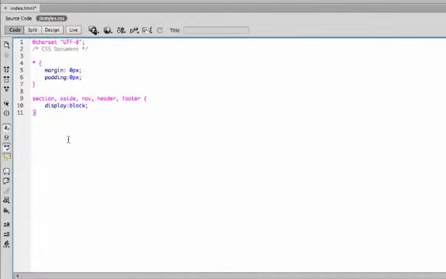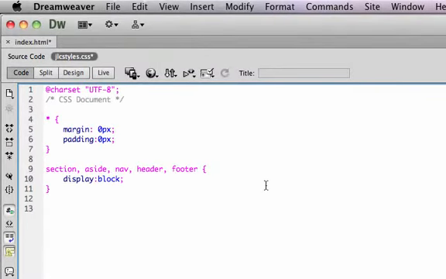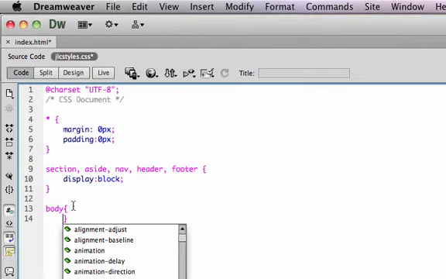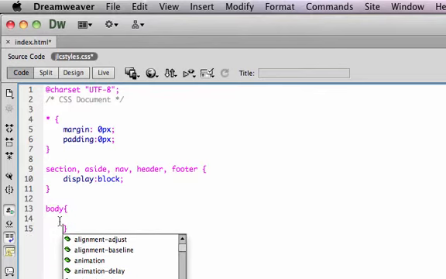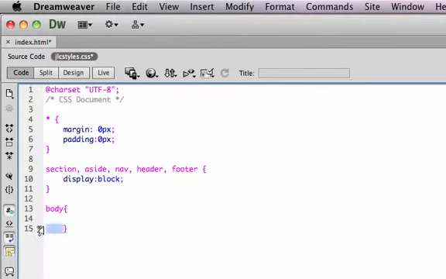And we can put one for HTML that adjusts the background color of the page. For now, I'm going to leave it at white. But what I am going to put in here is some things for body. And I'm going to start it off by identifying the body element and putting my open and closing curly brackets. And I like to hit a return here. And I'll hit another return and bring this out. And that gives me a little place here to put in some of my declarations